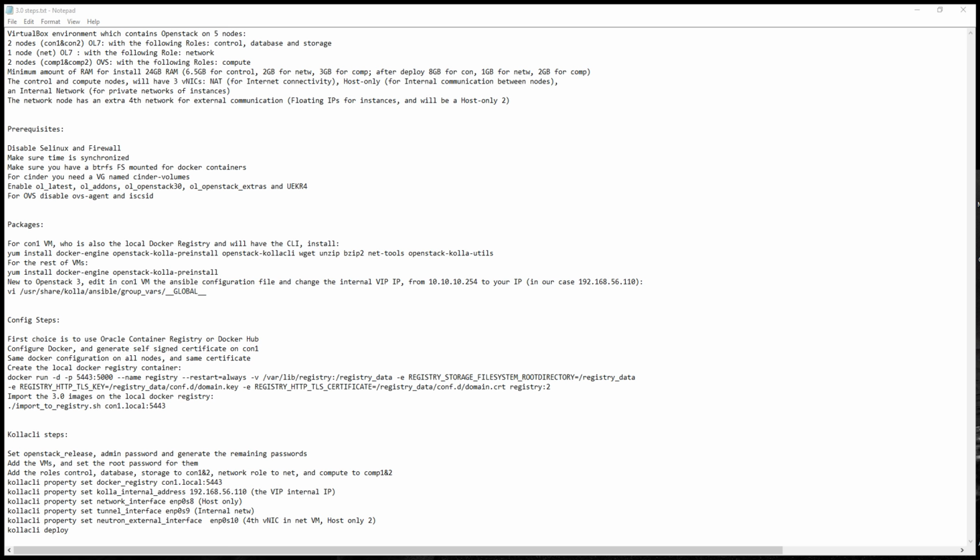Now, the best choice from Oracle's point of view is to use Oracle Container Registry or the Docker Hub. But if you'd like, and I'll be also showing the more complex demo, is to create a local Docker registry. And for that, I will be showing you the Docker configuration necessary, how to generate the self-signed certificate. All the VMs will have the same Docker configuration, same certificate. Then I will be creating the Docker registry container necessary for hosting the Docker images, which will come in a zip format, and you can download them from the